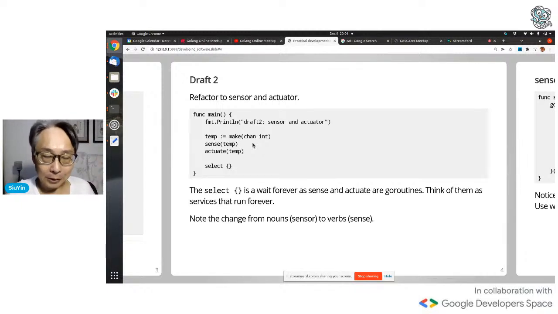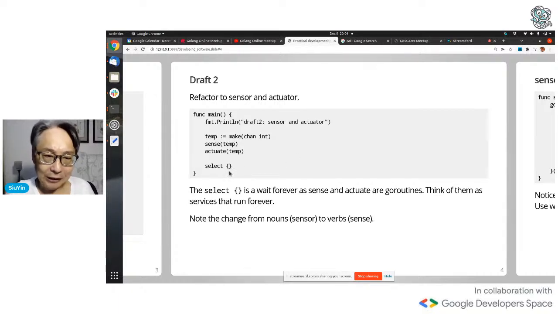So I refactored my code, and this code, for non-Go readers, is actually very interesting by itself. There's this strange thing called temp, which has something to do with a chan, actually a channel, of integers. So sense somehow connects to this channel, and actuate also somehow connects to this channel.